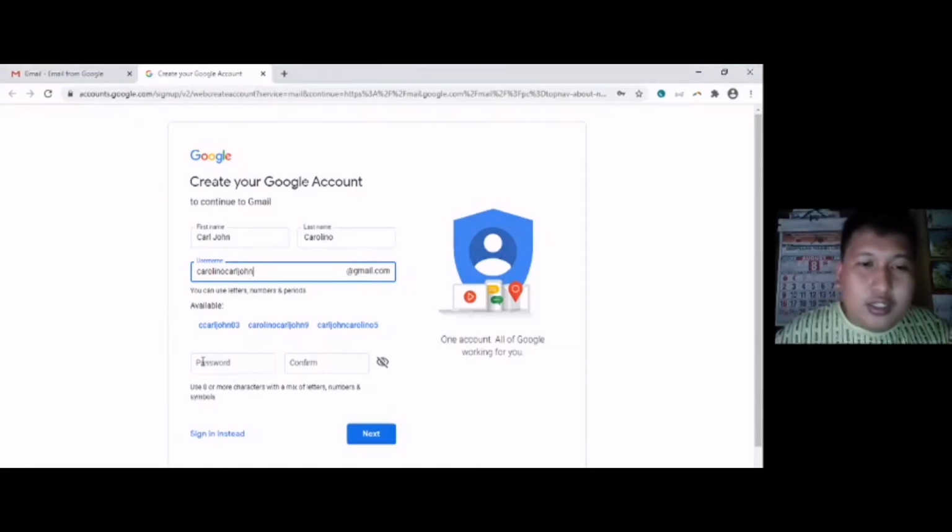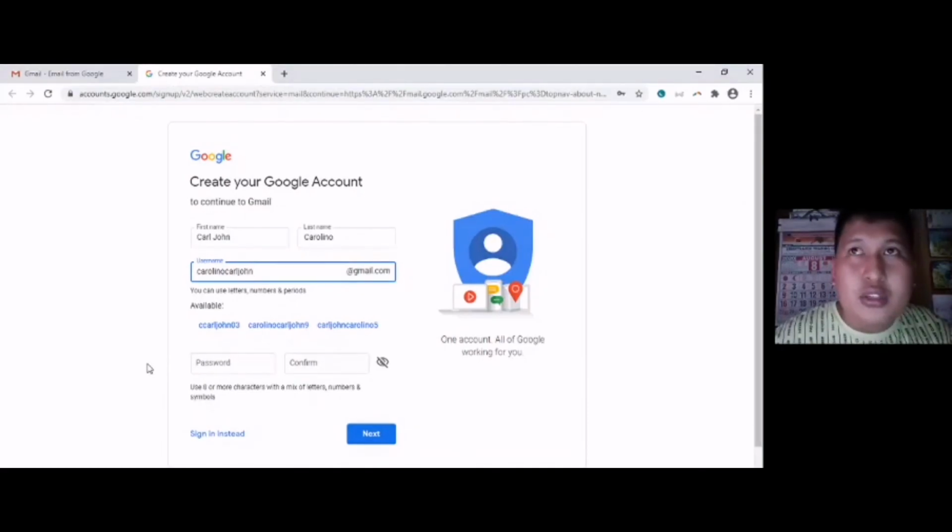Now, in encoding your password, it is important that you remember it because it will be your login credential. And if you're going to use your personal information in the password, it is a risk for you.